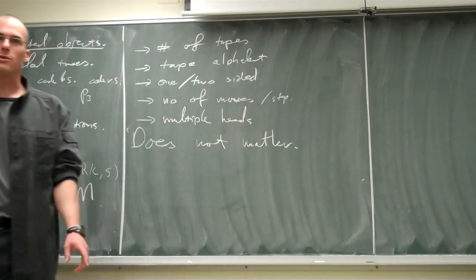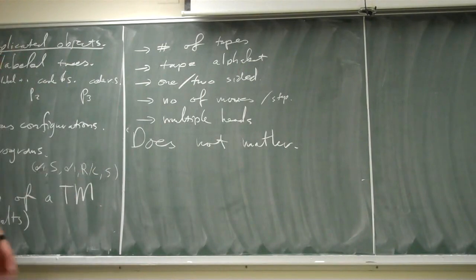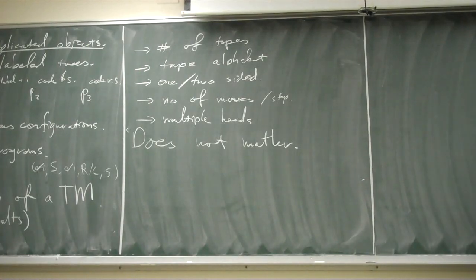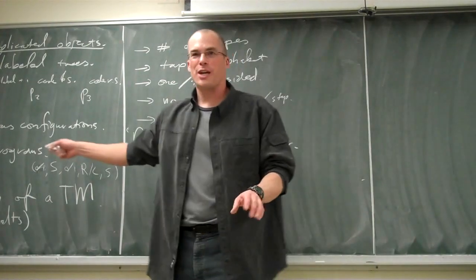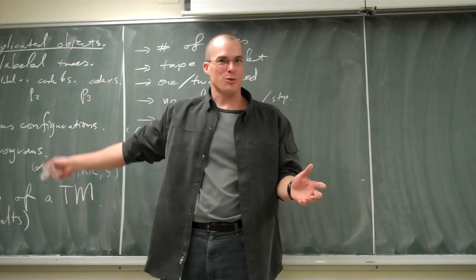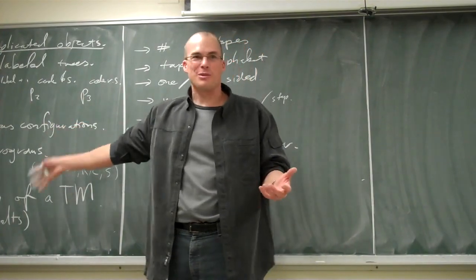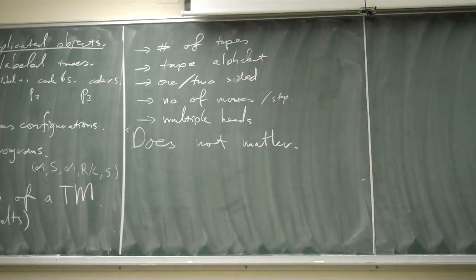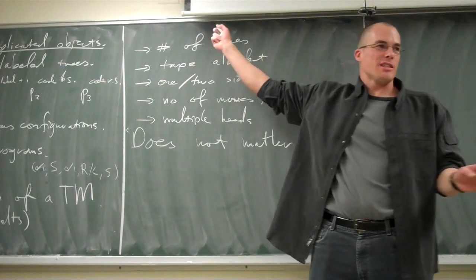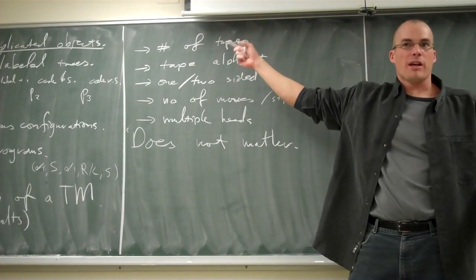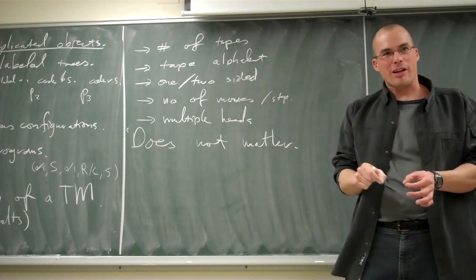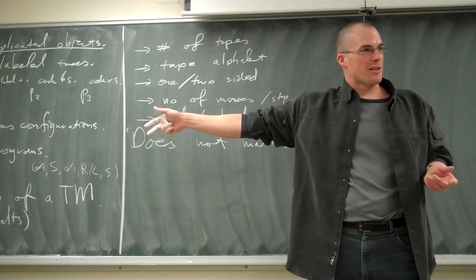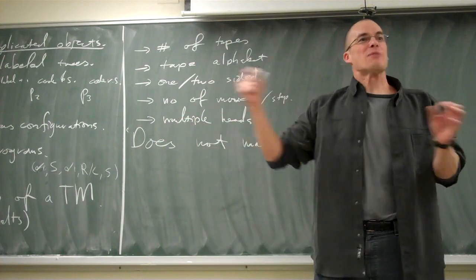As long as you didn't hear him say oracles, then I can say it. It does not matter. And in fact, it doesn't matter in a very strong sense. Right? We just established, and we'll get back to this later, that a Turing machine can compute sort of Turing machines, other things. And it turns out that if you are considering Turing machines with 481 tapes, then there exists a Turing machine with one tape, which, given a description of your Turing program for the 481 tape Turing machine, simulates it.